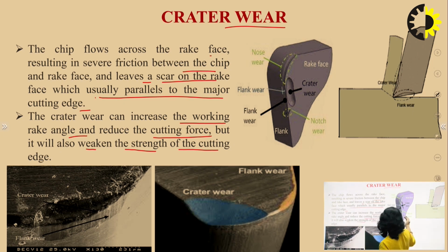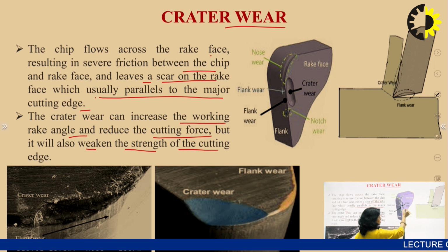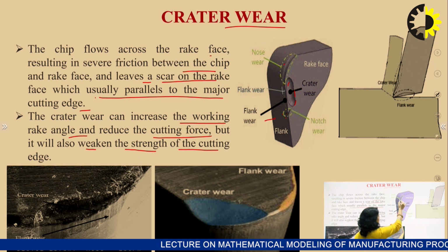Okay, so these are some of the diagrams which are showing the crater wear. So in the first one we can see here, this is the rake face. So we can see here कि यहाँ पर जो है chip flow हो रही थी, उसकी वजह से यहाँ पर ये pit formation हो गई है, crater wear आ गया. This is the V shape on the flank surface. This one is the flank surface. So यहाँ पर loss of material है.